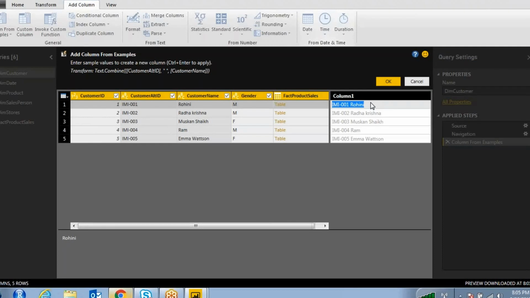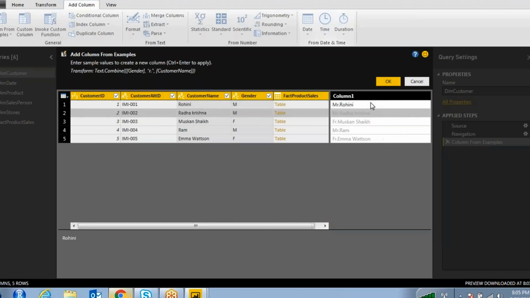Otherwise it doesn't give the result. For example, here I want to add a prefix for the customer name, like Mr. dot, and the customer name is Rohini. So what will happen?